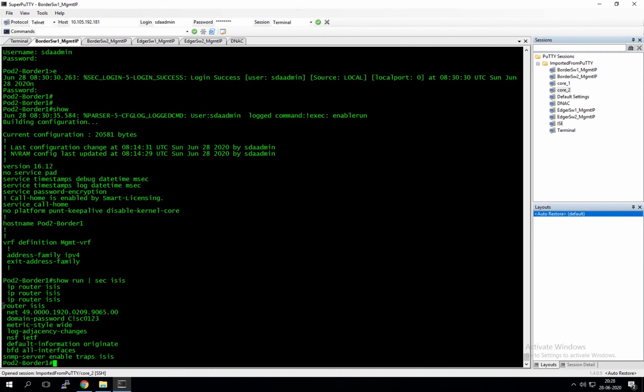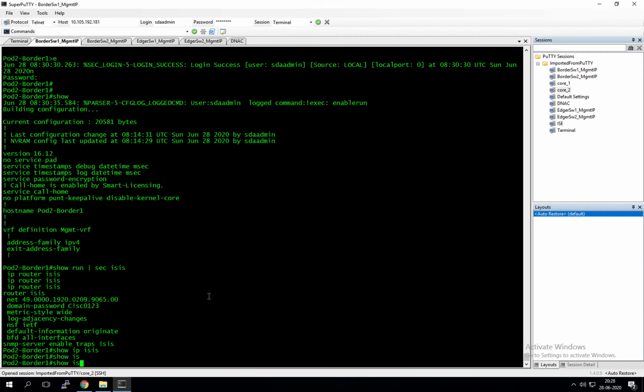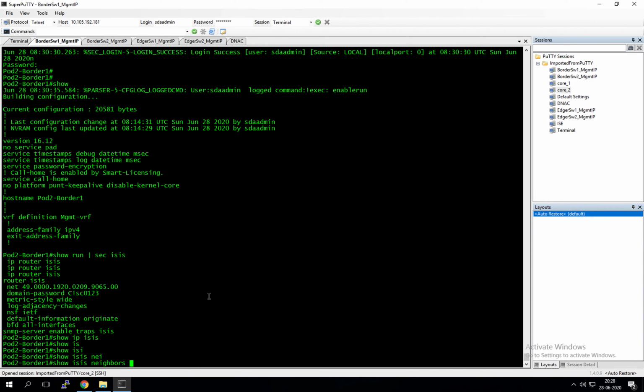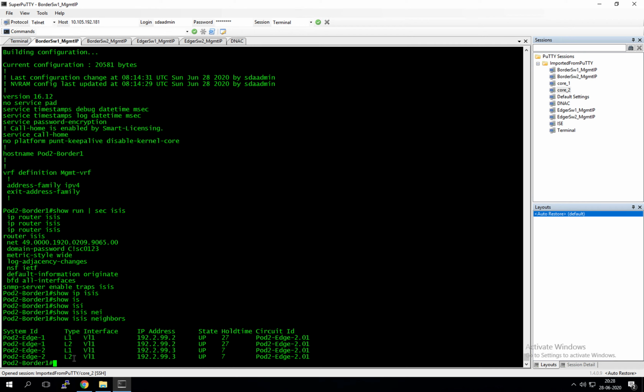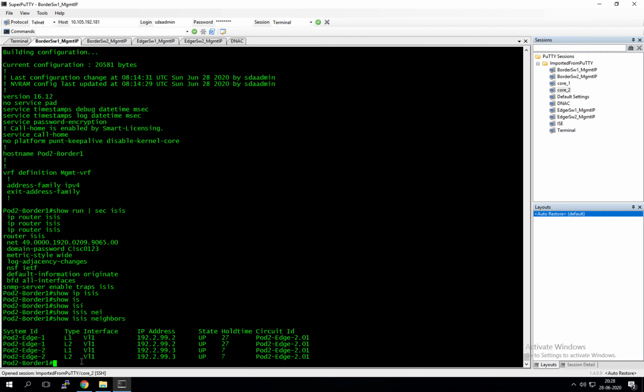Right, as you see here, the ISIS configuration has gone in. Here we go. We have ISIS neighborship with edge 1 and edge 2, because we have 2 legs per edge, right? So you can see 2 neighborships. Anyway, that's all good. What we will do next is